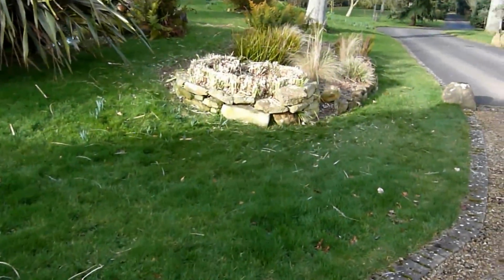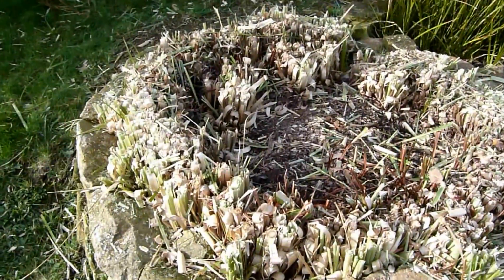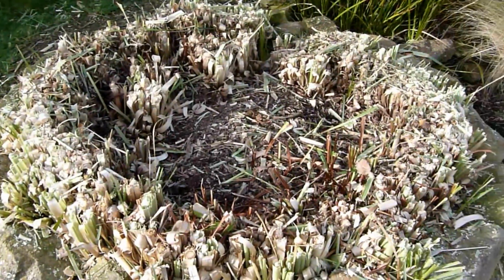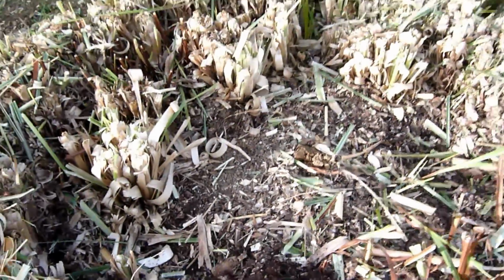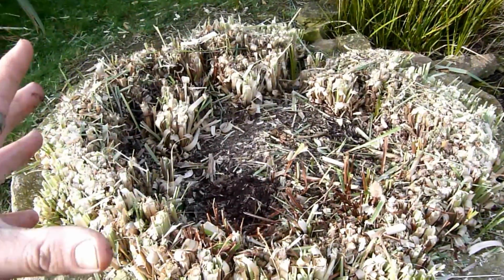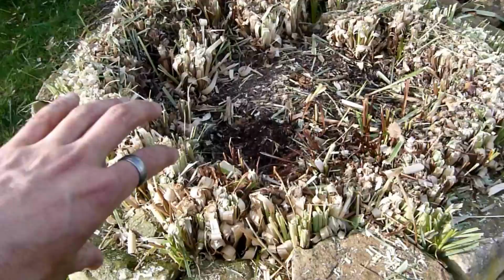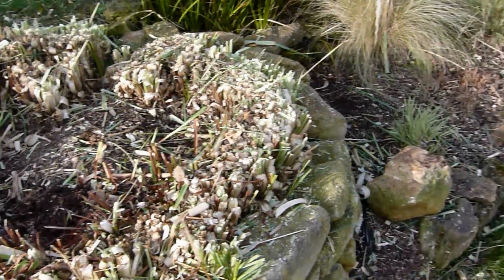This was a monstrous pampas grass that I cut down every year. This is actually a good example of what happens to grasses and any herbaceous perennials as they grow bigger and bigger. In the middle of here is just, well, nothing now. This was one plant, and as it's grown bigger and bigger, the centre has completely rotted out, and it's now only alive on the outside. That's just an example of what happens to some plants. So that was a pampas grass that we've taken down,